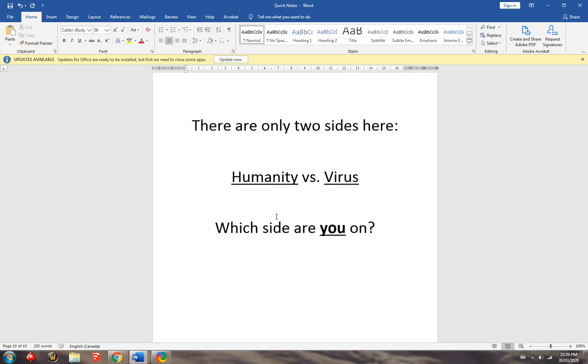If we decide to speed on the highway, we're playing for Team Virus, because we are doing something that we know is risky, that we know could result in the need for hospital time. We also know that the hospitals are going to be very, very busy, and we do not have the ability to give them more work right now. So all of our decisions have to align with the interests of Team Humanity, because if not, we're playing for Team Virus. So our mission now is face masks.